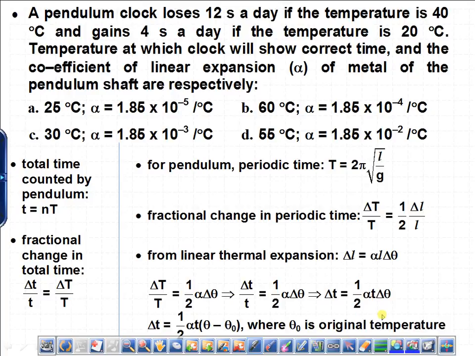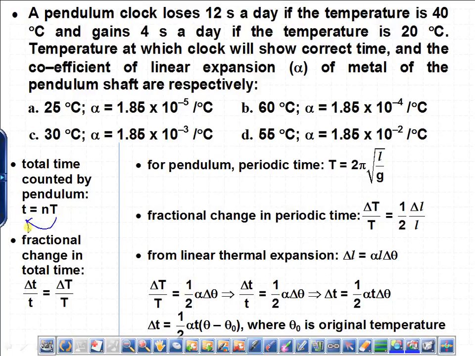If there is any error in the periodic time, and that will arise because of the length error, or change in length because of temperature, then since the periodic time is going to change,